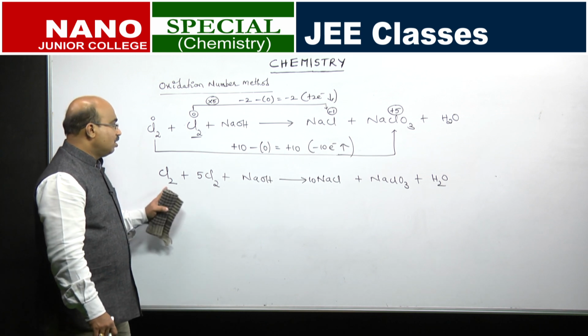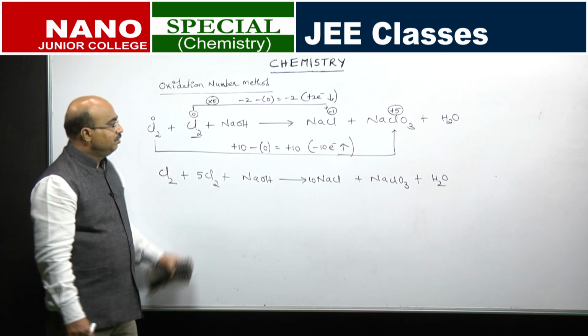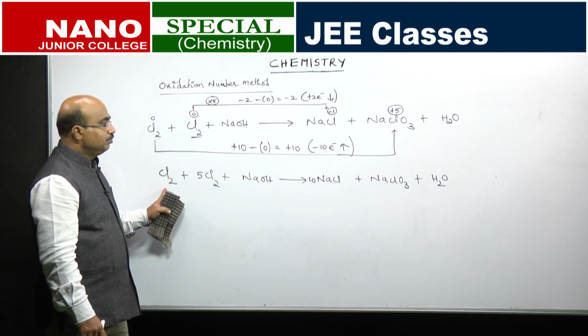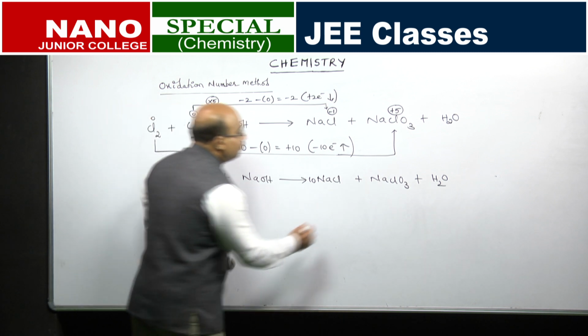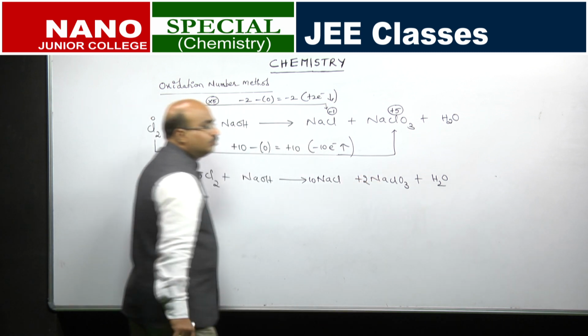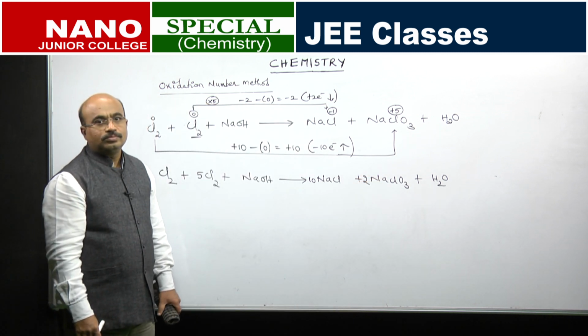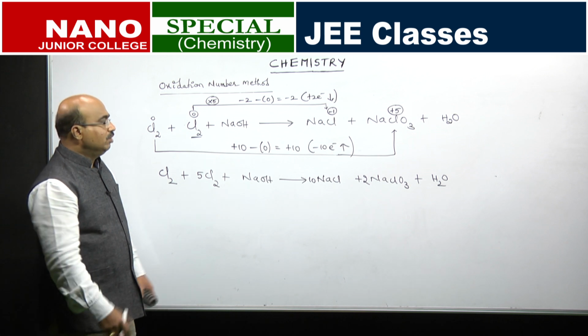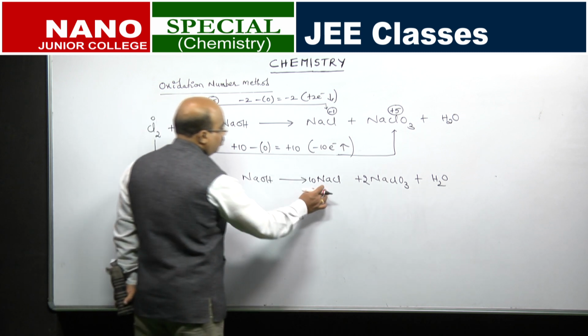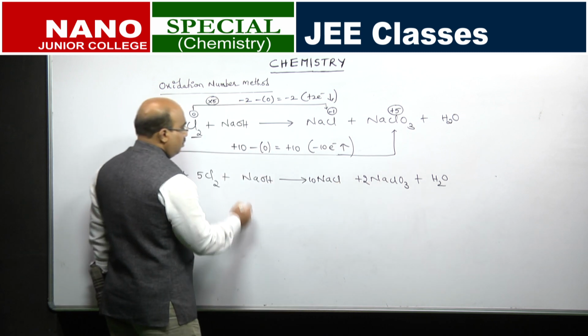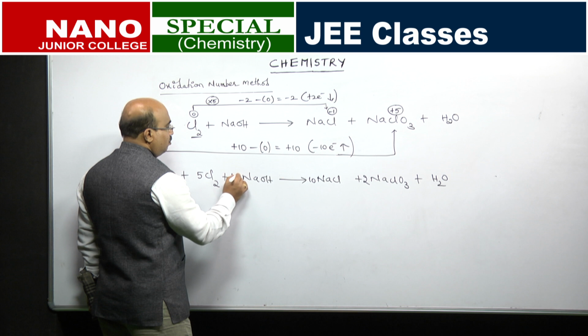How many chlorines are actually converted as +5? According to this, only 2, only one coefficient. So, this has to be 2. Now, how many sodiums are there on the right hand side? Fixed. This is 10, this is 2, 12. All sodium should come from here. So, 12.